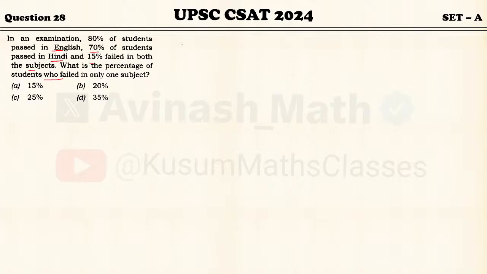So actually the question is asking for the number of students who failed in one subject, right? इस तरह के क्वेश्चंस को आप वेन डायग्राम से सॉल्व करें। ये बहुत ही आसान मेथड है और ये एक स्टेप में आपको इसका आंसर भी मिल जाता है। The question is actually asking for the number of students who failed in one subject. So see, the total number of students